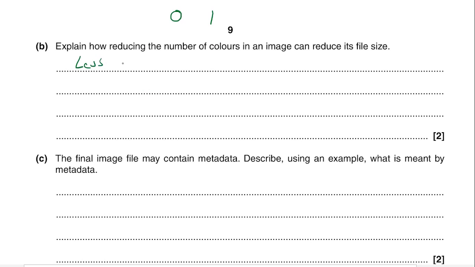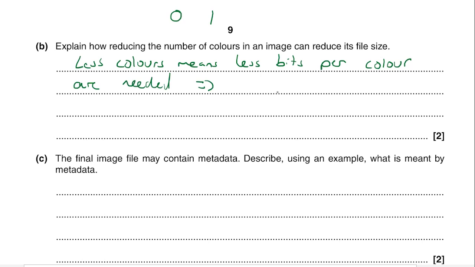So less colours means less bits per colour are needed, or less bits are needed to represent 1 colour. But that means the same thing. Are needed, which implies less bits per pixel. I wouldn't recommend you write it this way, which equals a smaller file size, because